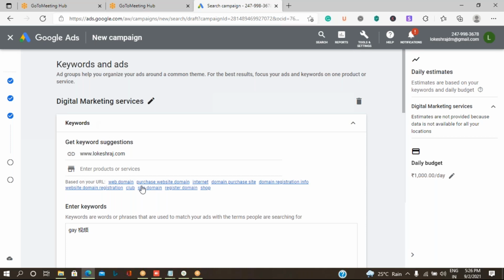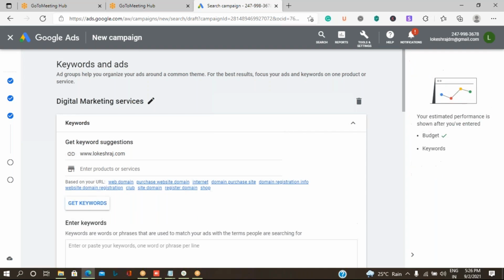Now it is asking me to give the keywords. So what do you mean by keywords? Keywords means the words which are typed by a user on the search engine, and those words should be there in our content.